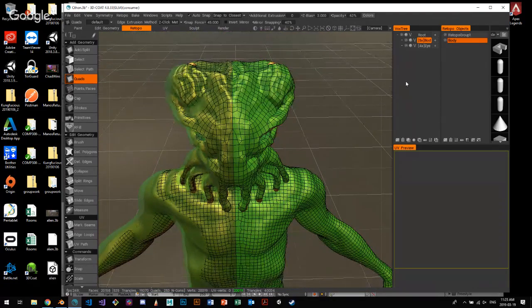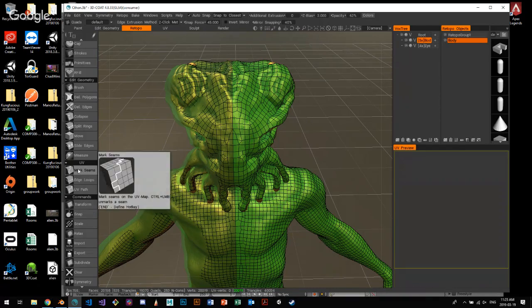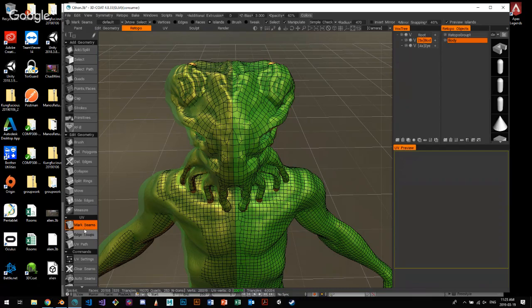One thing I want to do now is, I'm in the retopo room. I want to create seams for my model so I can unwrap his UVs so I can paint on them. So I want to mark seams. If I click mark seams here, one thing I can do is auto seam,